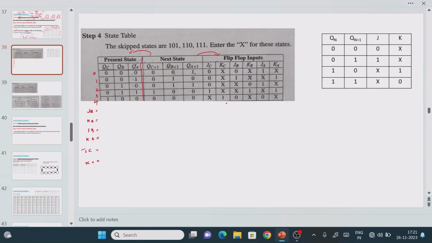That's it, right? Now I am going to find the output for JA, right? So here we have the SOP, meaning 1. What is the input value for this one? 0. We are writing the SOP function, then the corresponding input value. So what is the minterm value? 0 is the minterm value. Next here we have the SOP function, right? So what is the input value for this one, right?